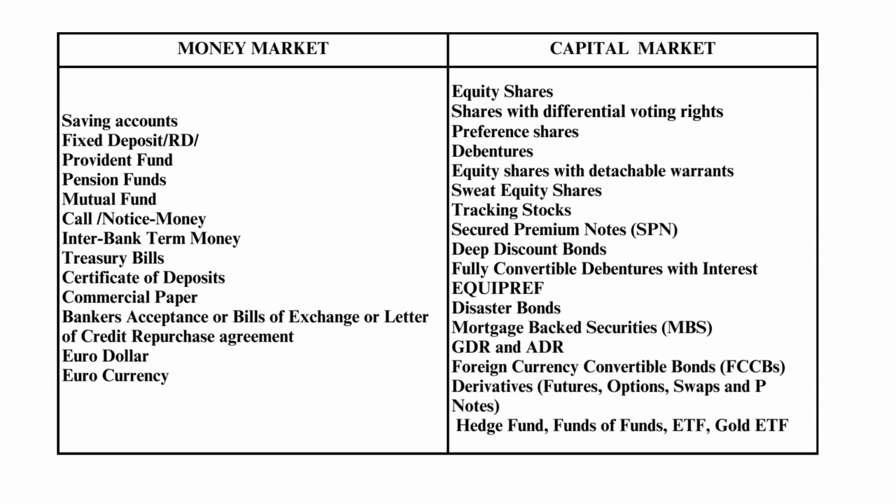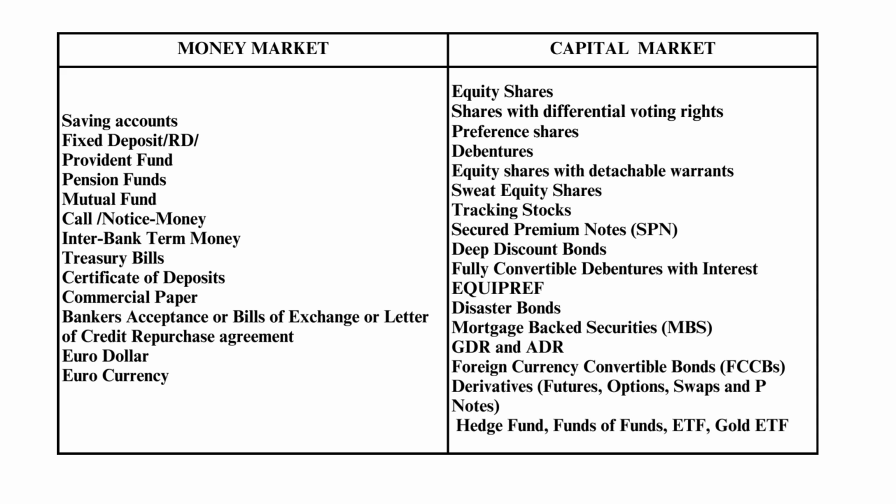In conclusion, types of money market are saving accounts, fixed deposit, RD, provident fund, pension funds, mutual fund, call notice money, interbank term money, treasury bills, certificate of deposits, commercial paper, banker's acceptance or bills of exchange or letter of credit, repurchase agreement, euro dollar, euro currency, and capital market types are equity shares, shares with differential voting rights, preference